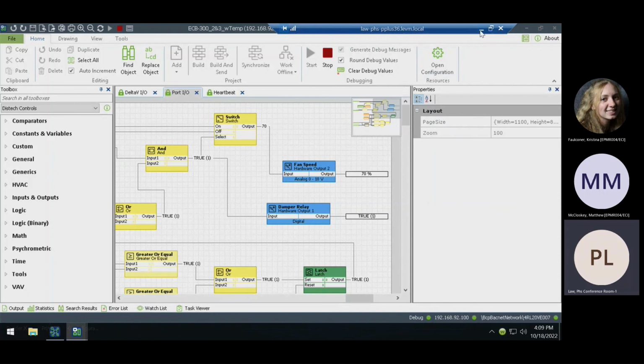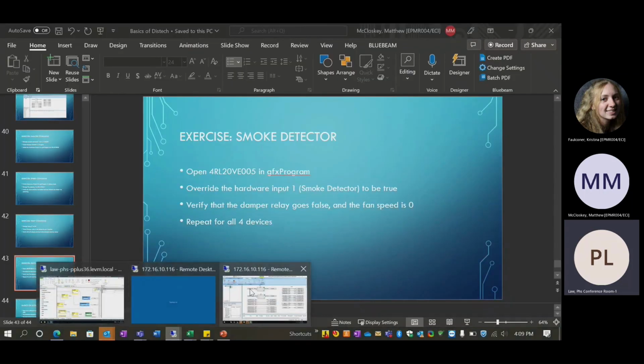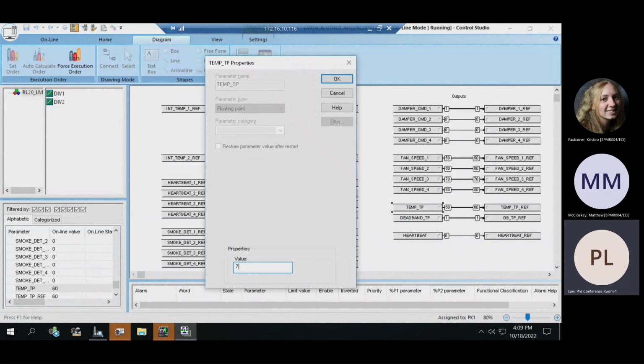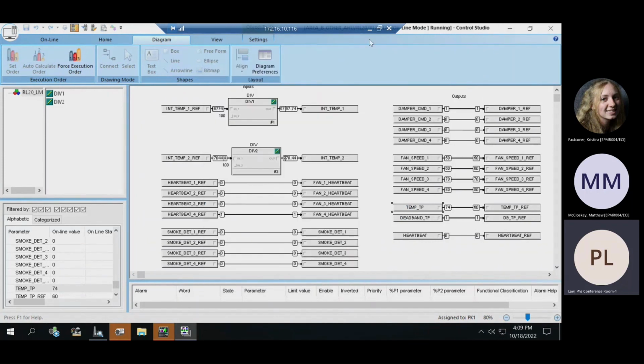So if you set it back to 74, those will go off, because it's beyond the deadband as well, which is 1, as you can see. But normally, if one temperature gets above 74, all of the fans will turn on, and they will not shut down until both of the temperature readings are below the set point and minus the